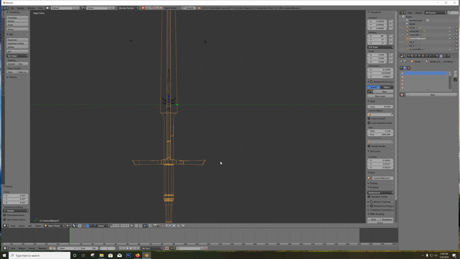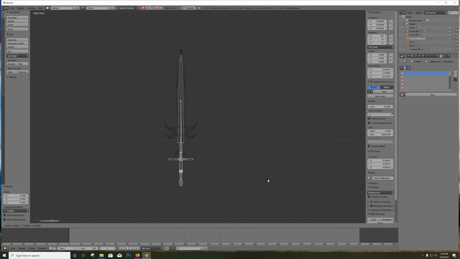Okay, we're getting there. Hit scale again after you zoom in. Scale it just a little more. Go ahead and pan over. Let's zoom in with the middle mouse, and start scaling it a little more. All right. Now, obviously, we're lower than the weapon where we want to be,